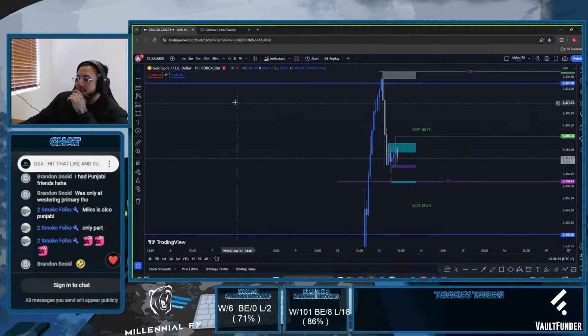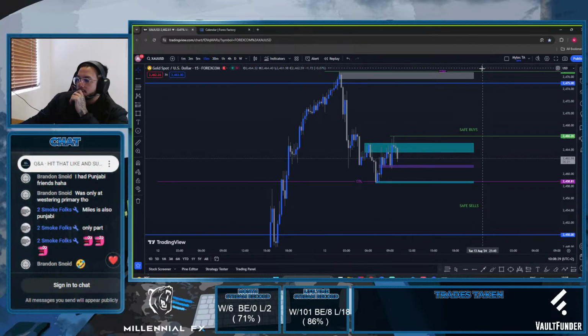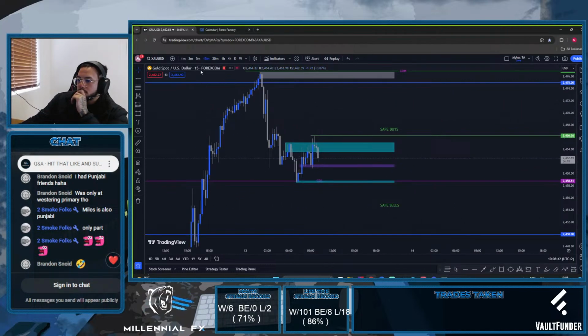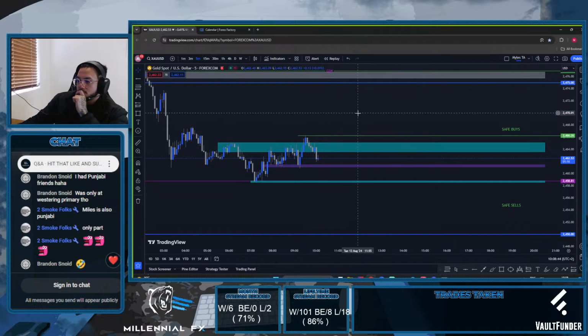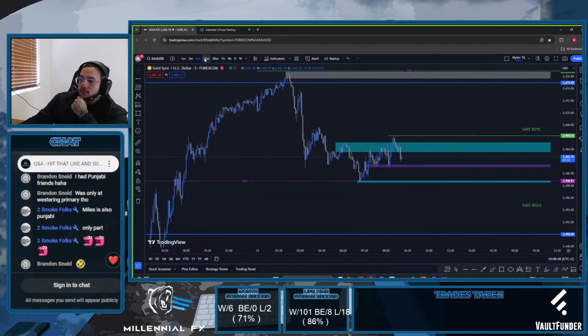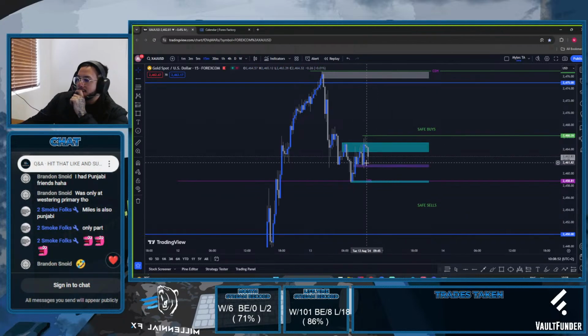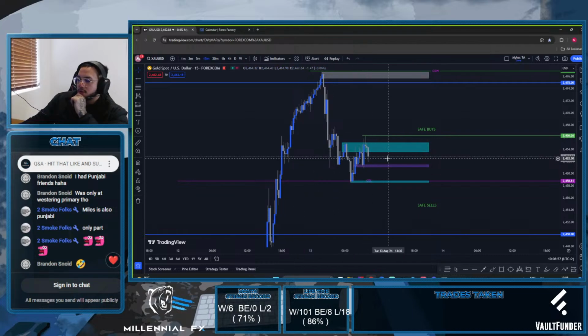Okay, boys, if I don't get it by about 10:15, I'm gonna call this session, and it's just gonna be a no trade day for me. Even if price closes beneath it, that liquidity is right there, so I wouldn't take those shorts there. Even though they can pan out, it's just not a zone that I want to trade in. Not that I want to trade in zones, but you know what I mean.